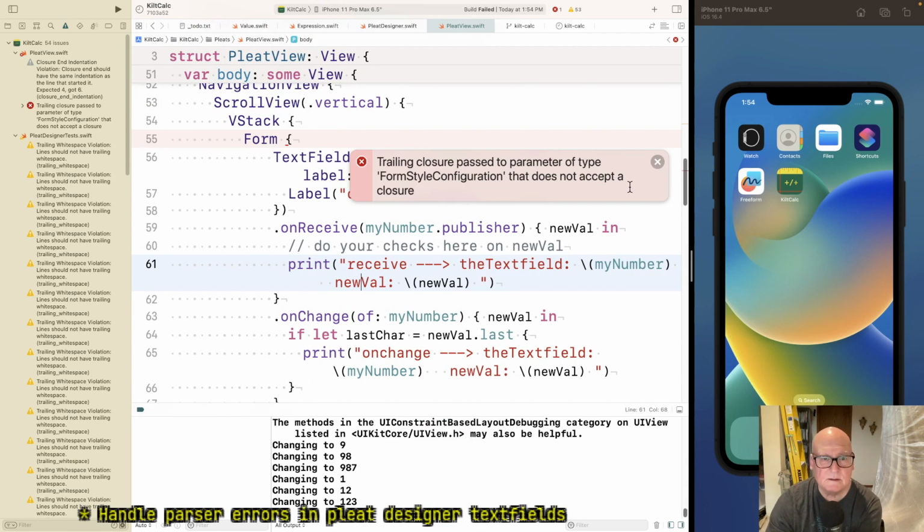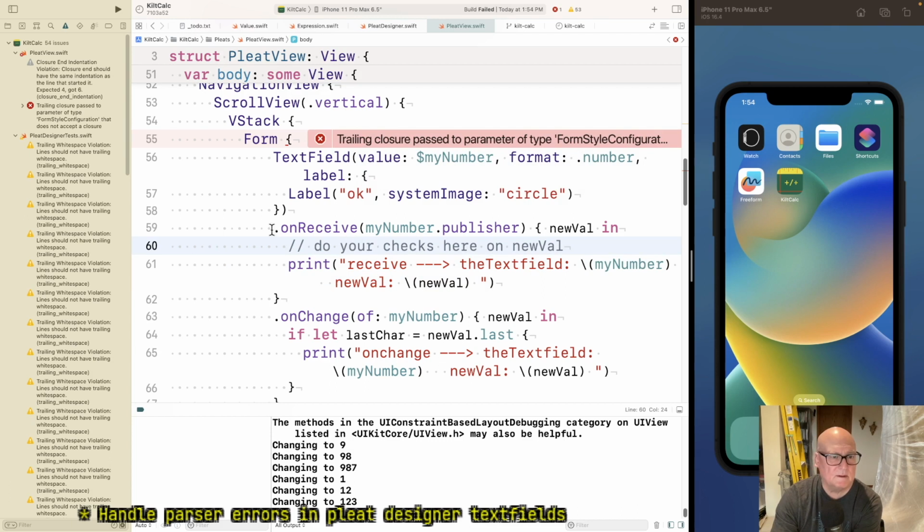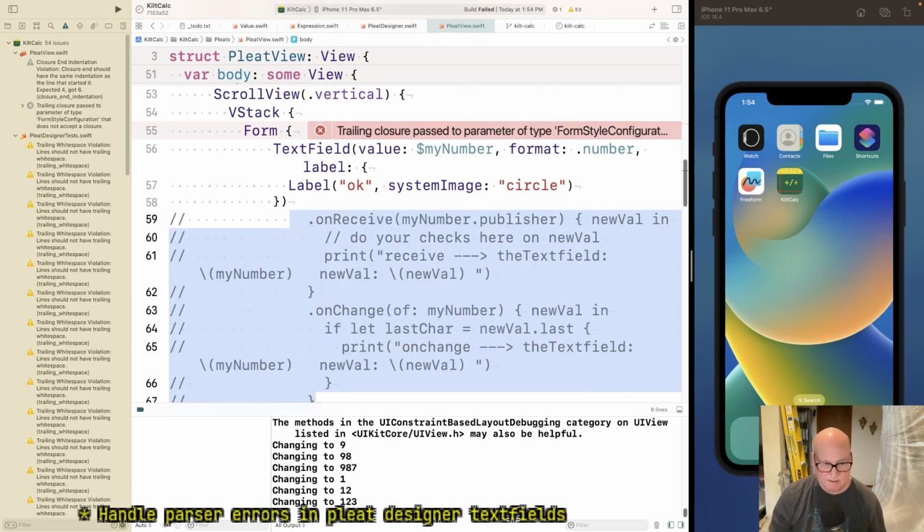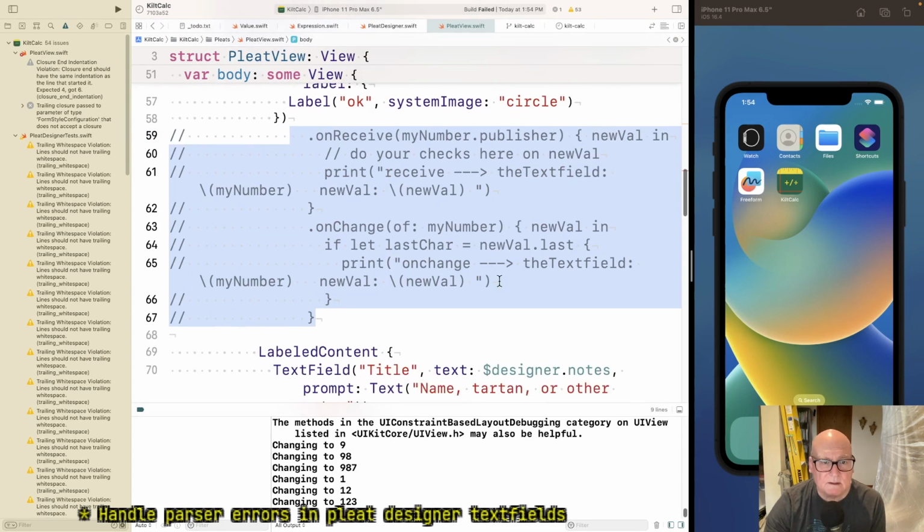Trailing closure does not accept a closure. Okay, let's make sure it's happy now. Oh, did I get an extra?